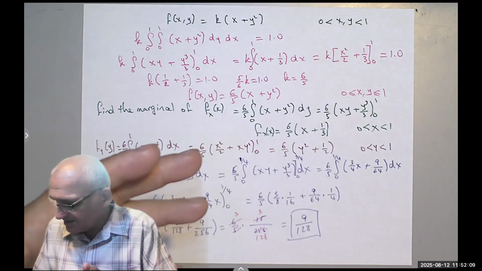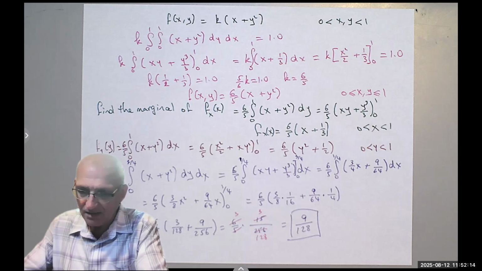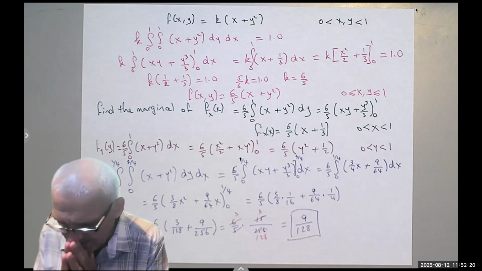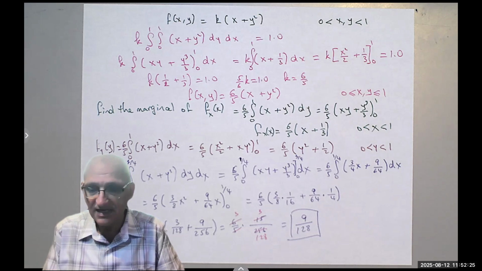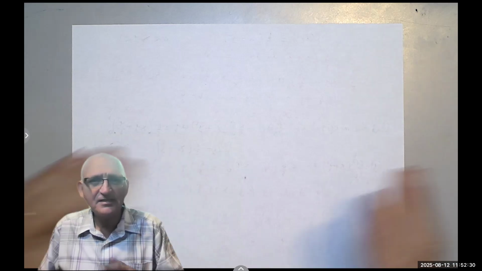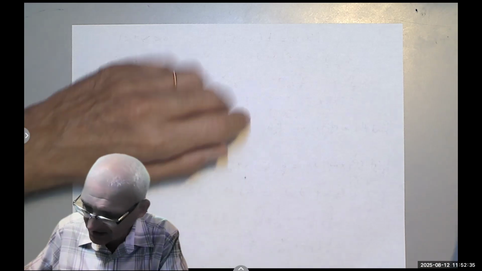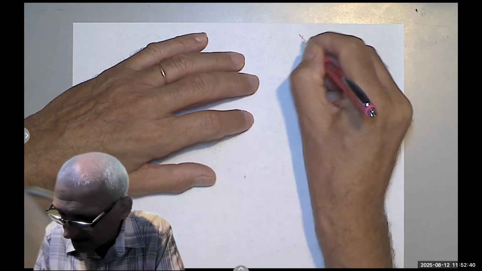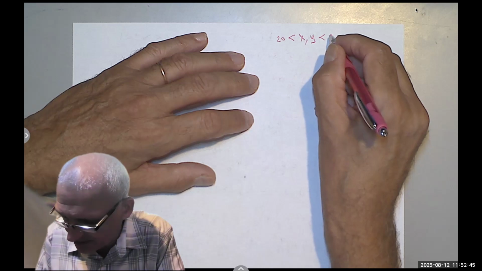So maybe we can take another example, and this example is coming from the textbook. I wrote it down, and it says here, you have some kind of a vehicle that has two tires, one on the right, one on the left, and they can be filled between 20 and 30 psi. Okay, so if we call, say, the right x and the left y, x and y are greater than 20, less than 30 psi,